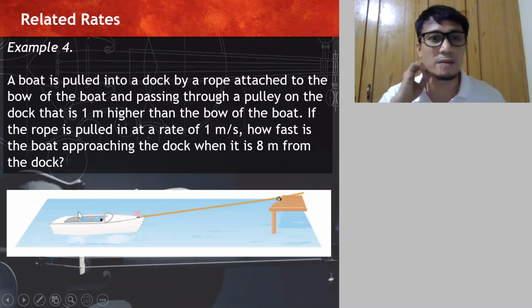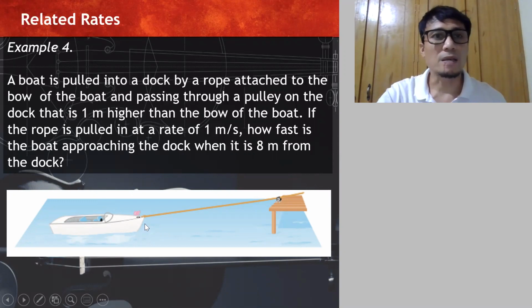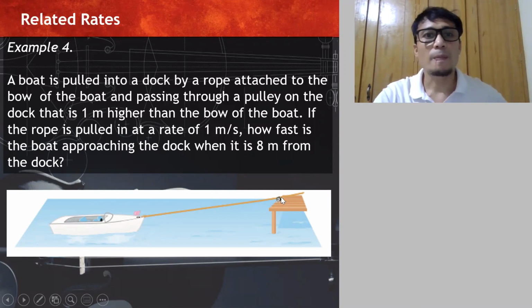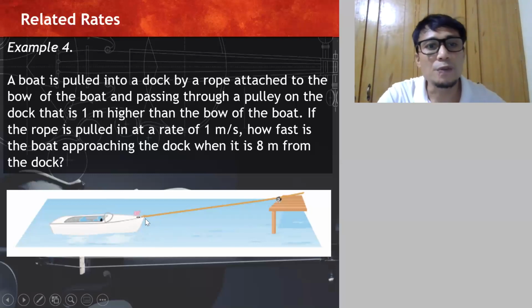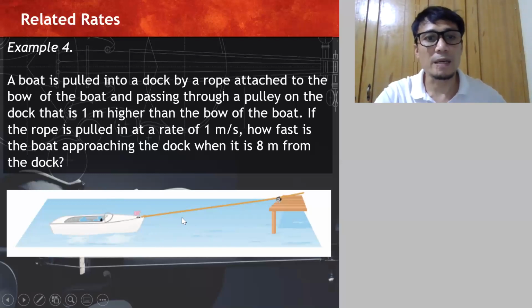Okay, we have an interesting problem. It says here that you have a rope attached to the bow of the boat, where the rope is attached here to the pulley on the dock, and it says that the dock is 1 meter higher than the bow, meaning if you draw a horizontal line here, then